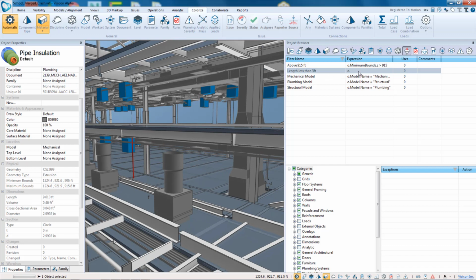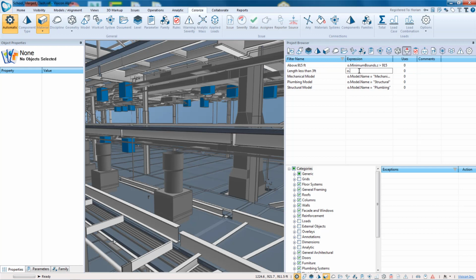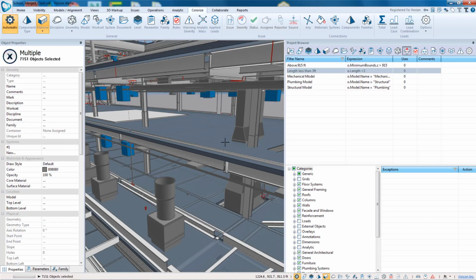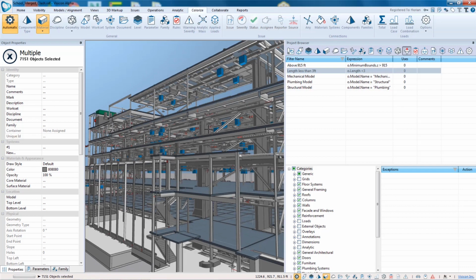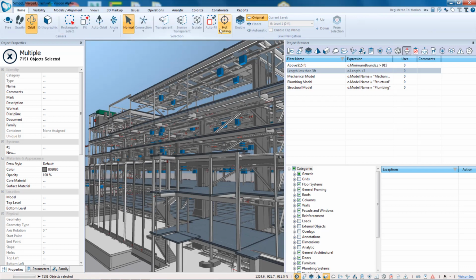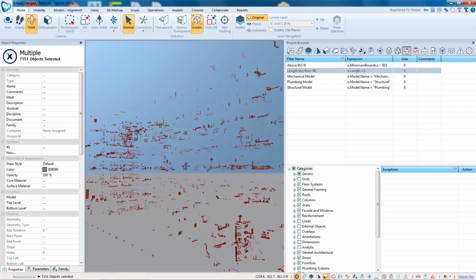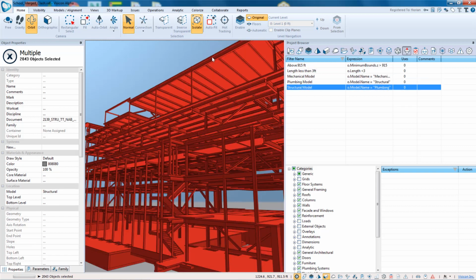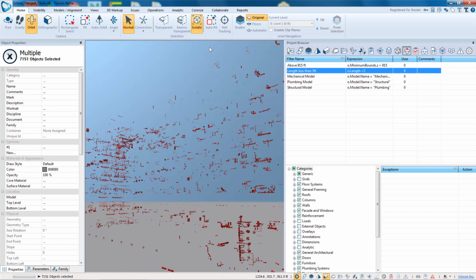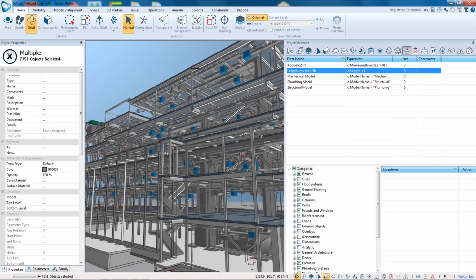let's see if I select a pipe object, you see it has a length parameter. So I can come in and say object dot length less than 3, and so that has isolated and selected any of the components in my structure that are less than 3 feet. I can go under home, also isolate, and so this now shows me all of that selection set, right? So now each of my selection sets is visualized and isolated. So we're going to turn off the isolation,